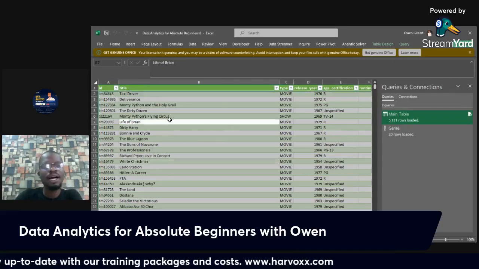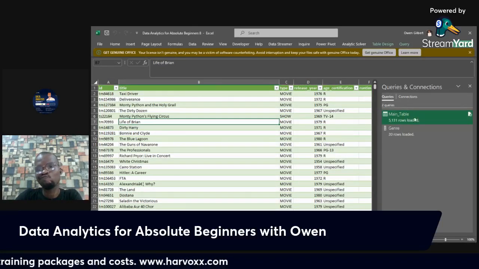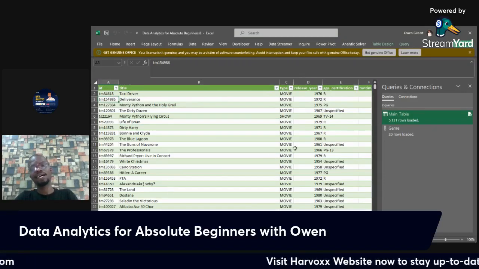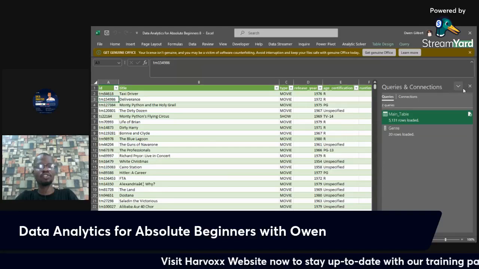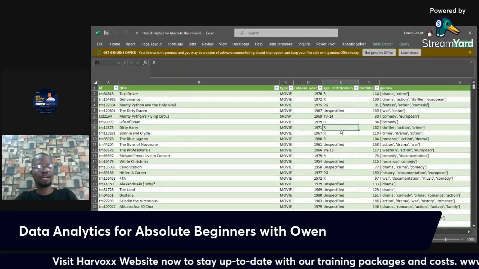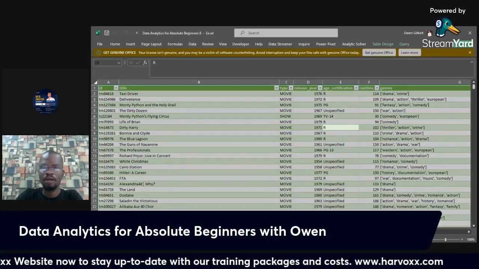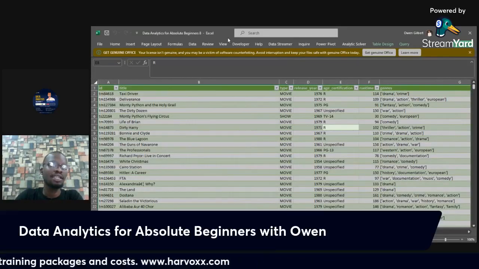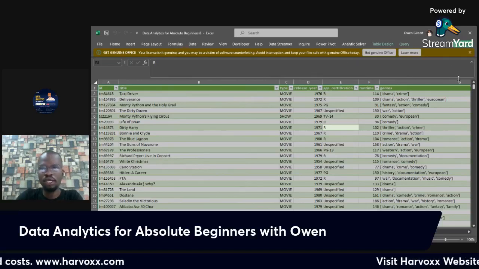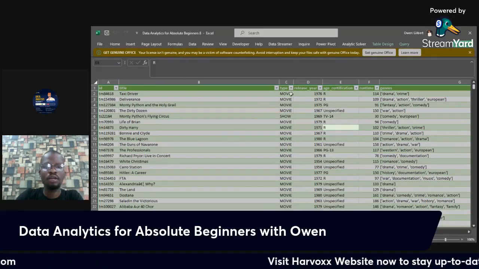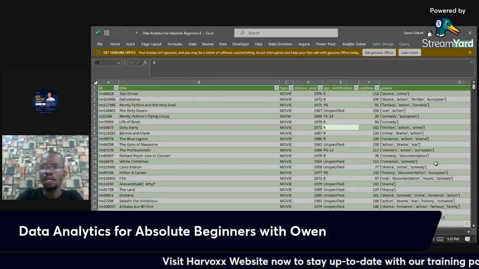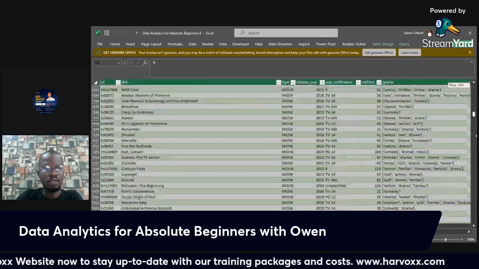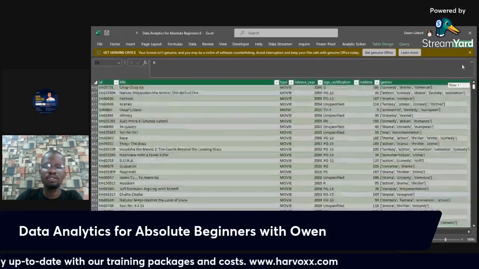For the sake of what I want to do, I may decide that I want to delete the connection of this table to Power Query, but let me be calm first. So I just selected only my table because I want to give names to the different ranges. I want to give a name to title, name to movie, name to release year, and so on and so forth, going down up till the 5,000th row or thereabout.